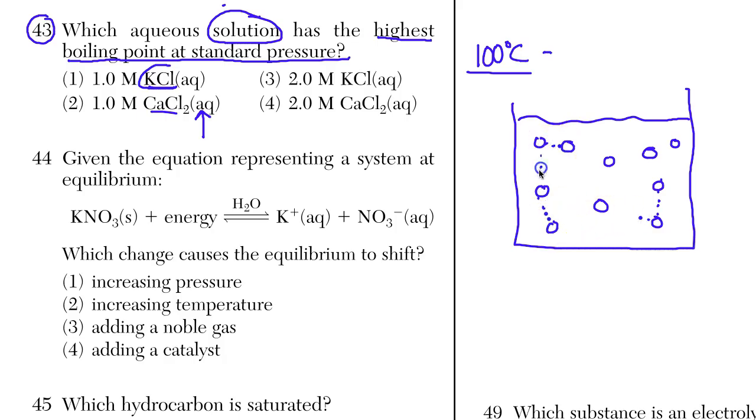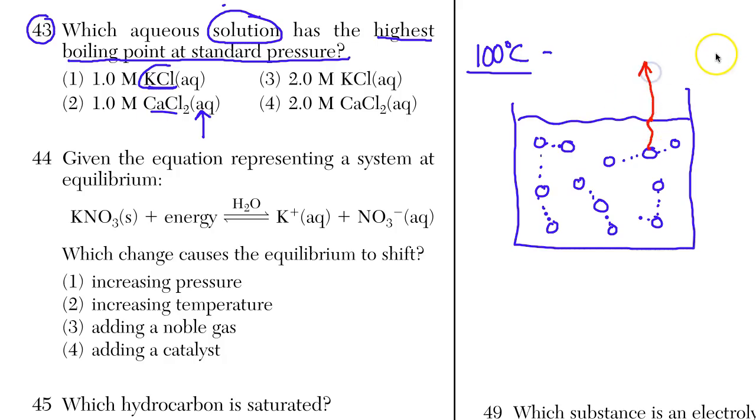So they're holding on to each other. And of course, there are many of them, and I'm not drawing nearly as many as I should, but the point is that if a molecule has enough energy and can overcome these attractive forces and get to the top of the liquid layer,